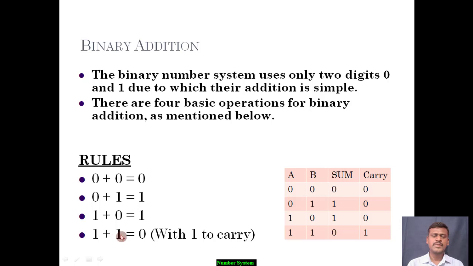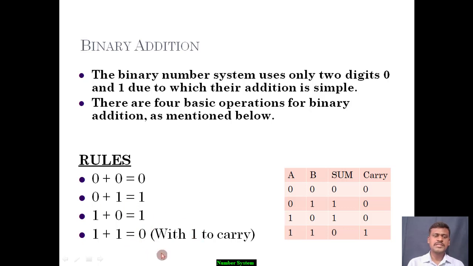Here it is somewhat complicated. For example, we have only two digits, 0 and 1, but 1 plus 1 will give you 2 as a result, and that 2 is taken from the octal table. In the octal table, 2 means it is 0 1 0. If you remember from the octal table, the value of 2 is 0 1 0. So for that we will take 0 as the sum and 1 as the carry.